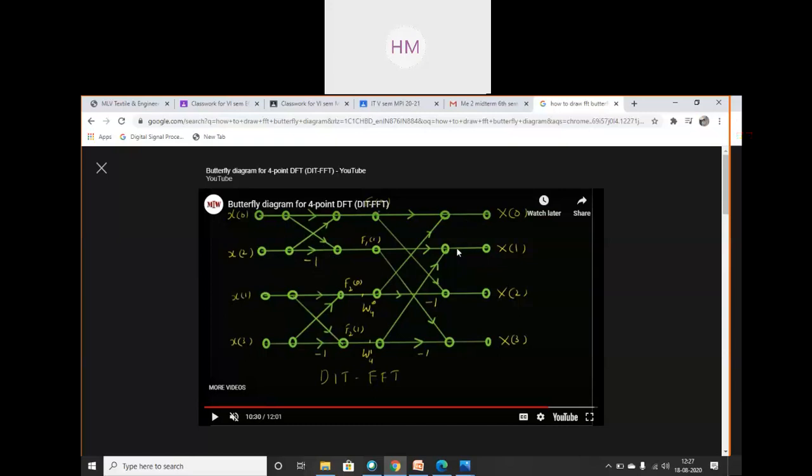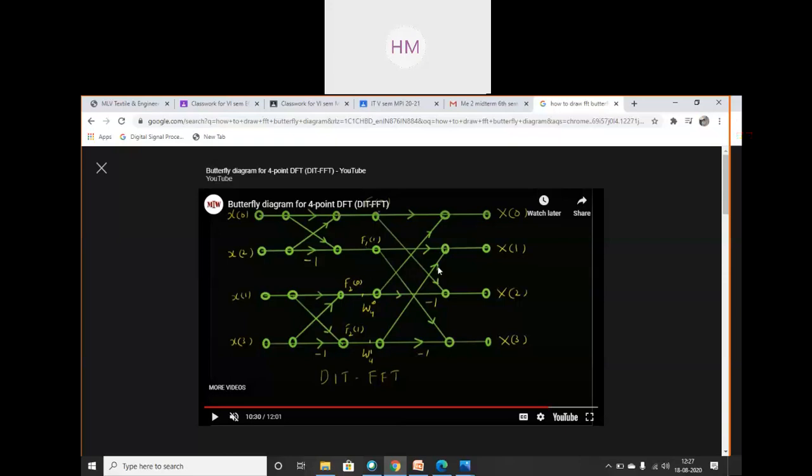Then again, in the second stage, you have to first leave 2 lines, and in the next 2 lines you have to write -1. Then you have to write -1. What will we write here? These dots, first and third, will remain the same. x0 you will get, and here you will get x2. Here I will get some form of equations. Here what will I get? x0 plus x2. So the value of x0 plus x2, I have to put over here. Clear? These dots you have to put values.